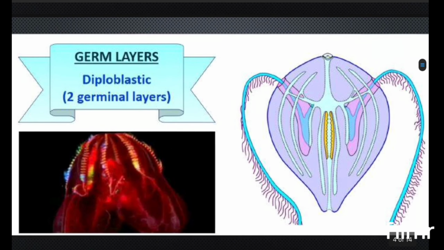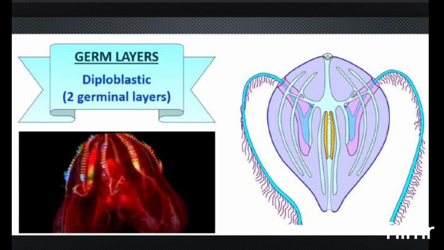If you're going for the germ layers, right, obviously you can see that they are showing tissue level organization. Here they have only ectoderm and endoderm. So that's why we can say that diploblastic organism. Only ectoderm and endoderm present here. Now obviously they are diploblastic, only ectoderm and endoderm is there. So there is no coelom or body cavity. So that's why these are acoelomate in nature, right?